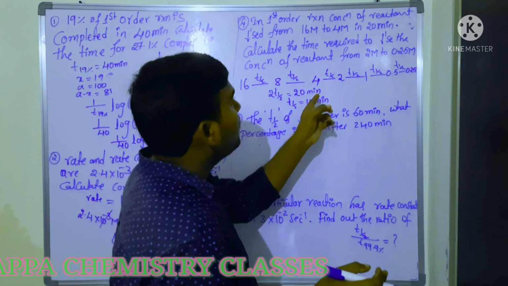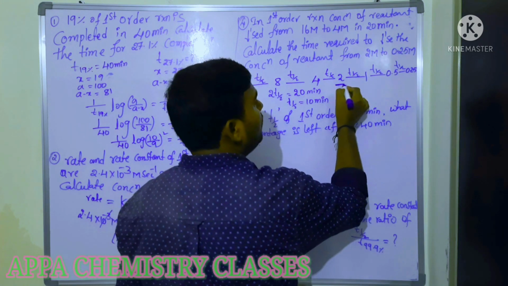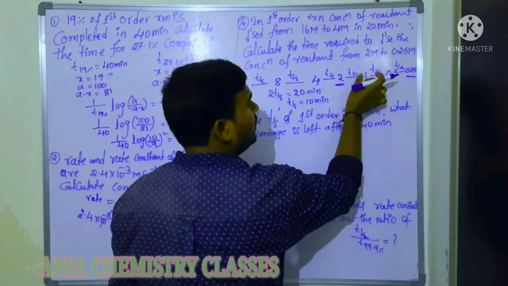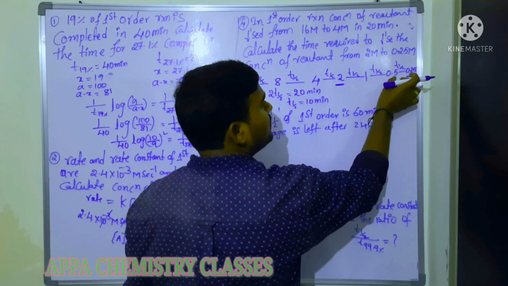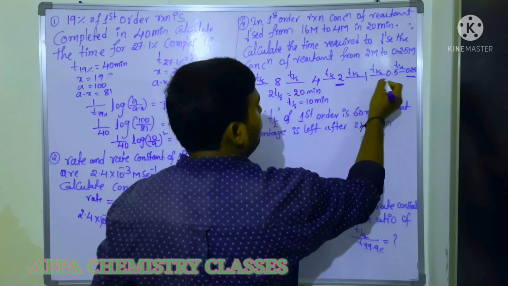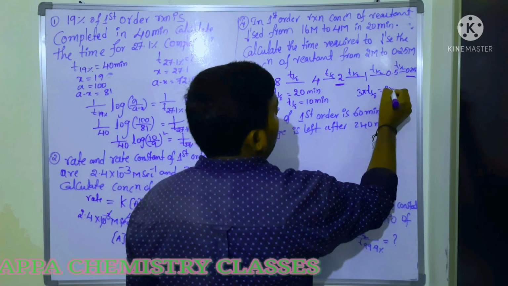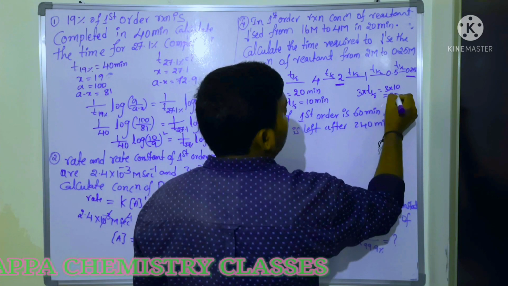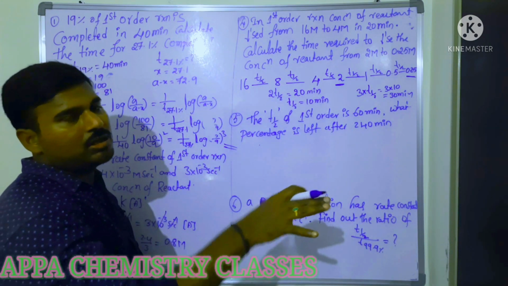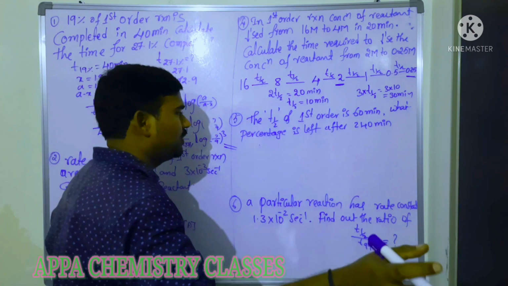Now what are they saying? They are saying 2 molar to 0.25 molar. 2 to 1 is 1 t half, 1 to 0.5 is 2 t halves, 0.5 to 0.25 is a total of 3 t halves. So 3 into t half is nothing but 3 into 10, that is 30 minutes. Is that clear? So easy. It is a simple way we can do it. So no need of doing that formula substitution, A minus X, A, all those, nothing.